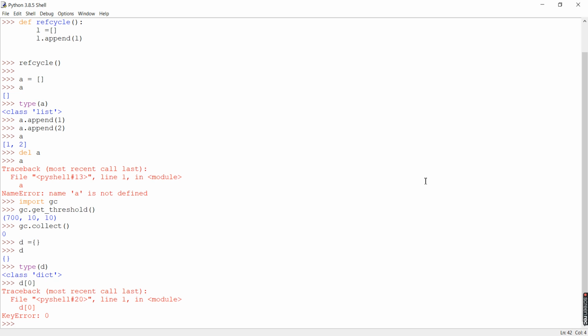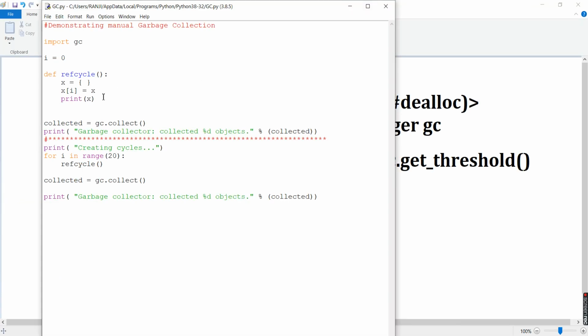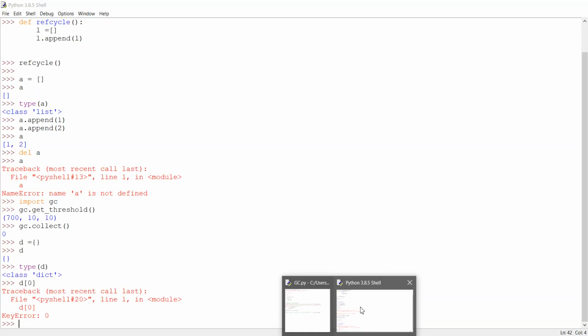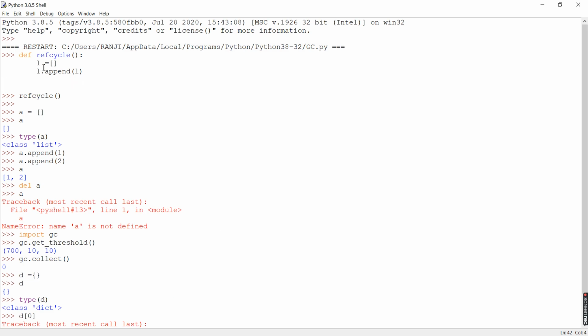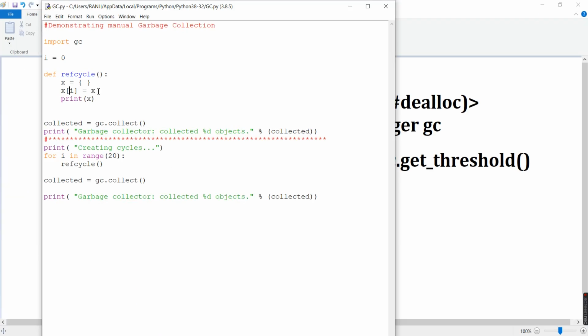The indexing concept is for a tuple and list, not for a dictionary. But if you observe closely, we are doing the same thing. What we did for the list, we are creating that list, and to that list we are appending the originally created list. The same line we are doing here. In the dictionary, we are putting that dictionary back again.